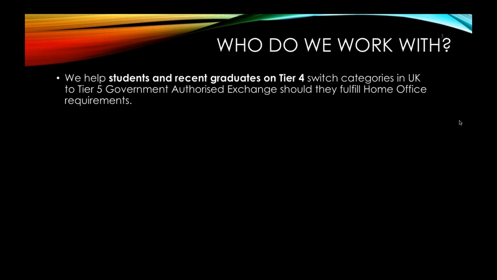If you went back to your home country and applied for a Tier 5 visa from there, that's not called a switch. That's called a fresh entry clearance application. But if you're staying in the UK and you want to apply for a Tier 5 visa, then you must fulfill two points. The first thing is that you must have successfully completed your degree course that you're studying